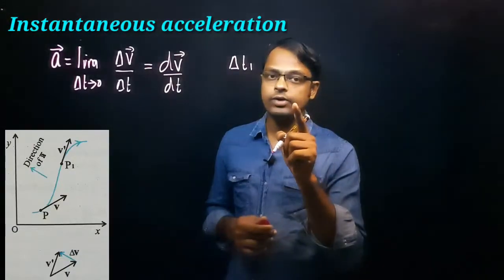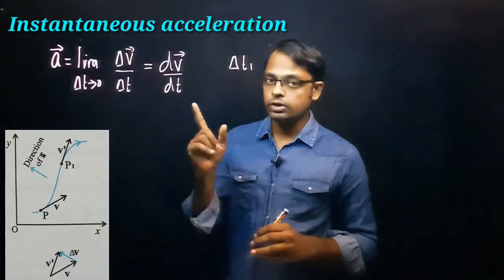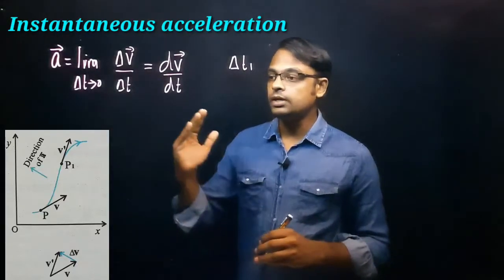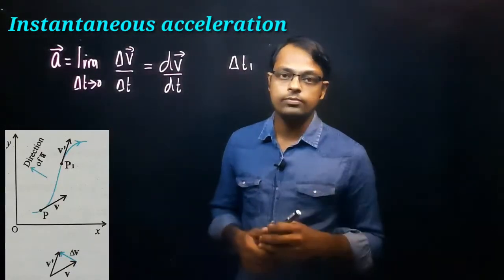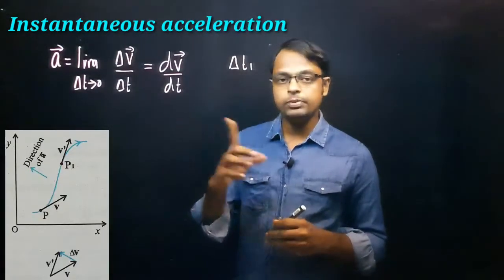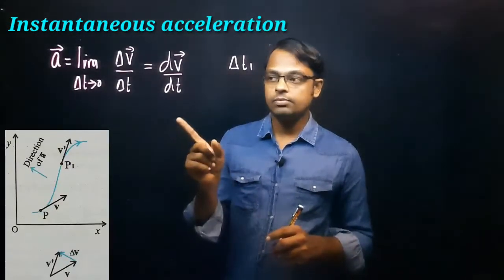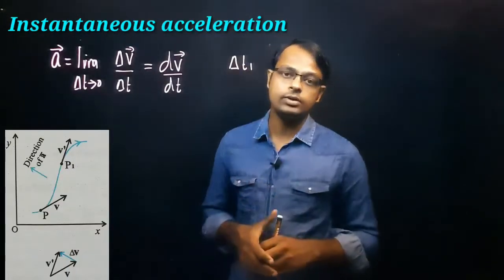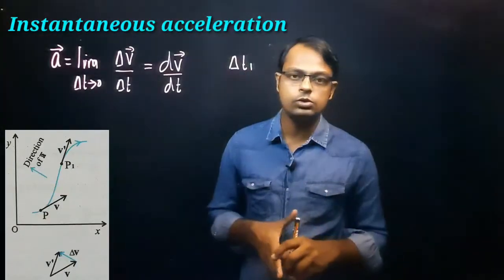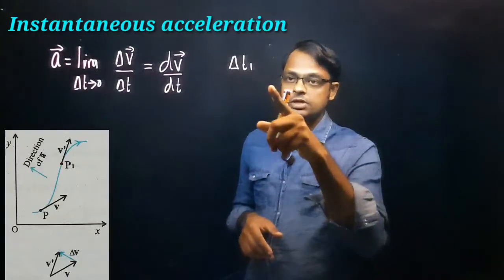Now in order to understand the direction of velocity at the point P as well as P1, a tangent is drawn at the point P and a tangent is drawn at the point P1. So we now have the velocity at P as v vector and the velocity at P1 as v dash vector. The time interval between P and P1 is delta t1. In that case, what is the acceleration? As you already know, acceleration is dv by dt, change in velocity divided by change in time, right? So the time interval is delta t1.